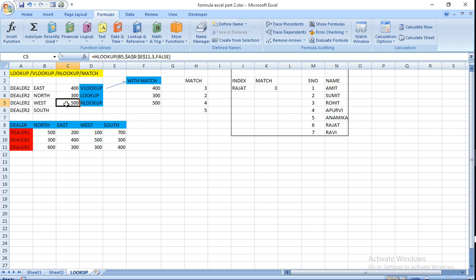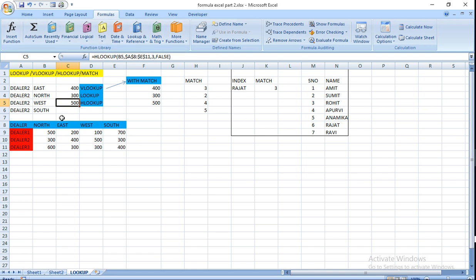Then horizontal lookup, HLOOKUP. Here you write B5. B5 is Dealer 2, B5 is West, because horizontally you want B5. Then A8 to A11, you want to find the dealer in A8 to A11.